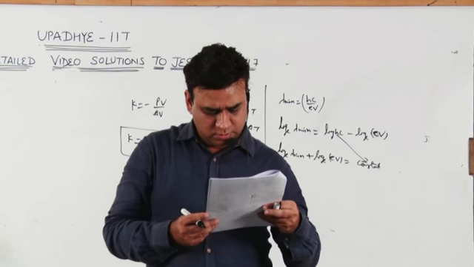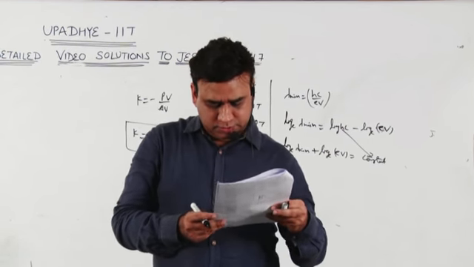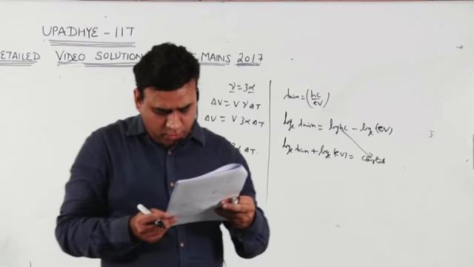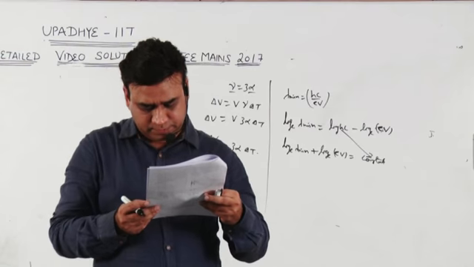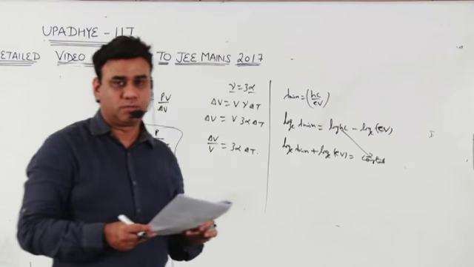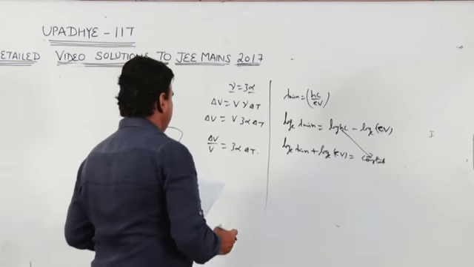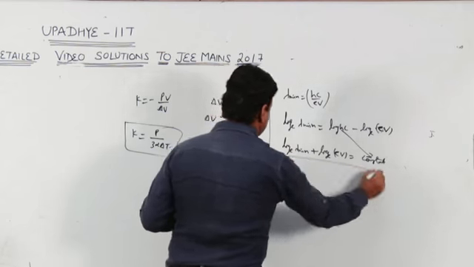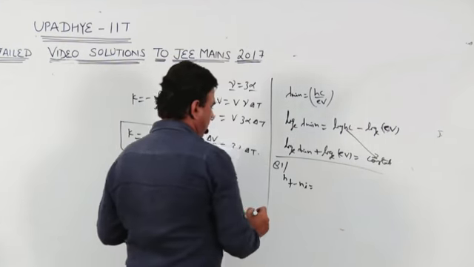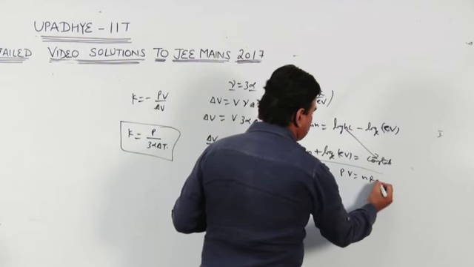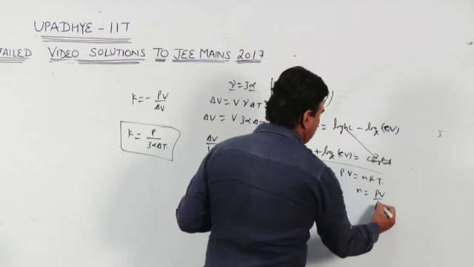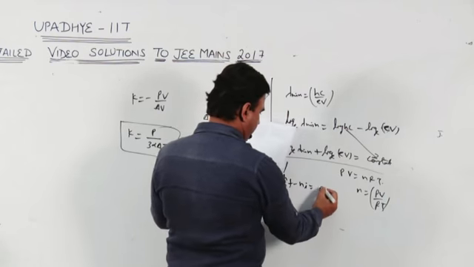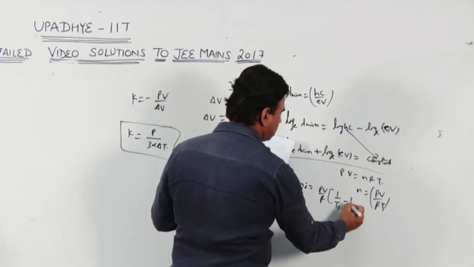Next we move to question number 81. This question is asking about the number of molecules in the room before and after heating. Again this is based on thermodynamics, and here we can make use of the formula PV equals nRT. So n equals PV upon RT. So NF minus NI they are asking. So here we can take PV upon R times 1 upon T1 minus 1 upon T2.